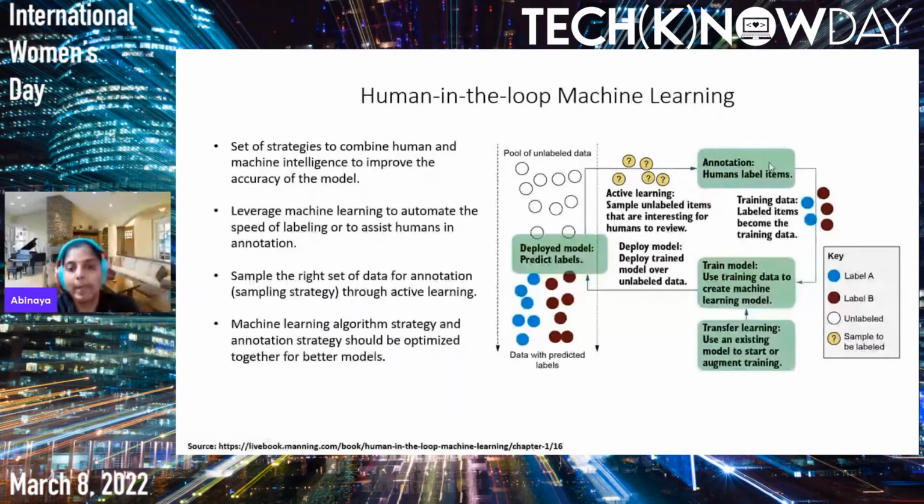So if you look at this diagram, this provides an overview of how this process happens. You have a production model and you have a pool of unlabeled data. Imagine the production model's performance is coming down. Now you have to improve this model by retraining. So from this unlabeled pool of data, you employ some active learning strategies and you sample some data points for annotation. Then it goes to the human annotators where they label these items, and once they are labeled, after a validation, these data points are fed back to the model